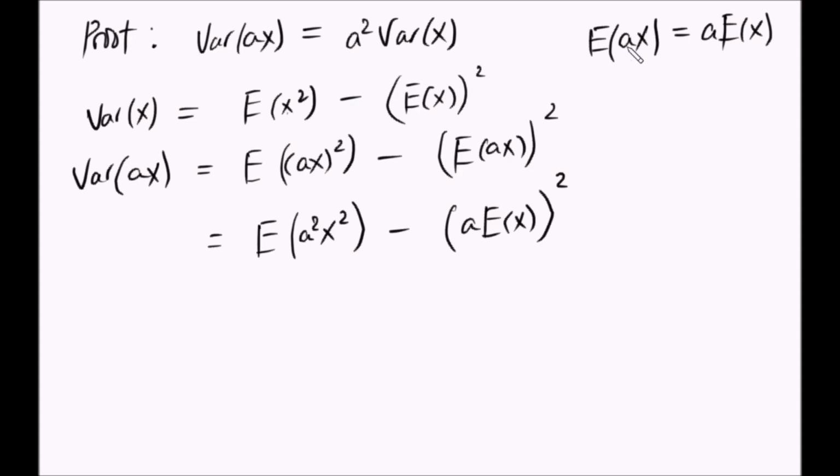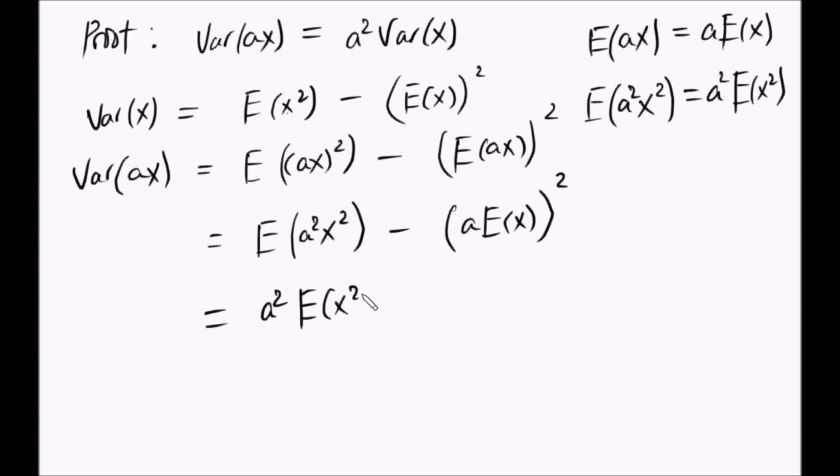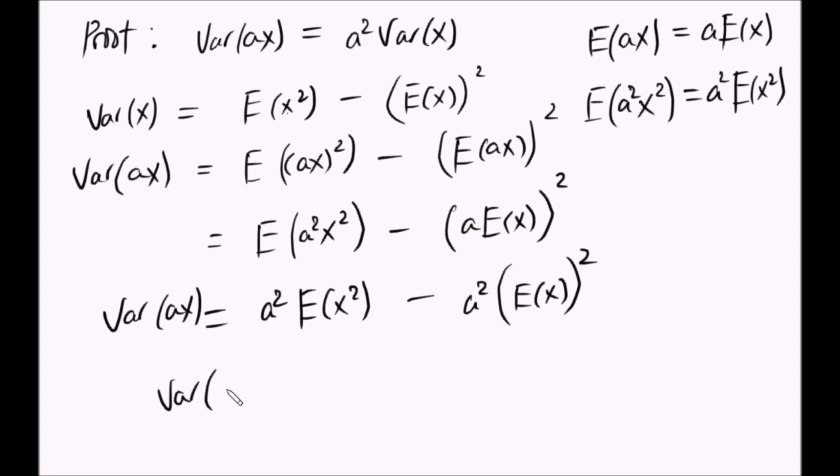Kwa hiyo similarly kwa hapa sasa a squared is constant lakini x squared is a variable. Kwa hiyo similarly na hapa tunaweza tukatoa nje tu a squared tukabaki na hivi. Kwa hiyo hapa itakuwa ni a squared toka nje tunabaki na hivi minus square of a pia ni a squared, afu itakuwa ni hivi. So you can see a squared is common. Hii ni variance of ax. Kwa hiyo variance of ax naweza nikaitoa nje a squared, ndani tabaki na e x squared minus expectation of x